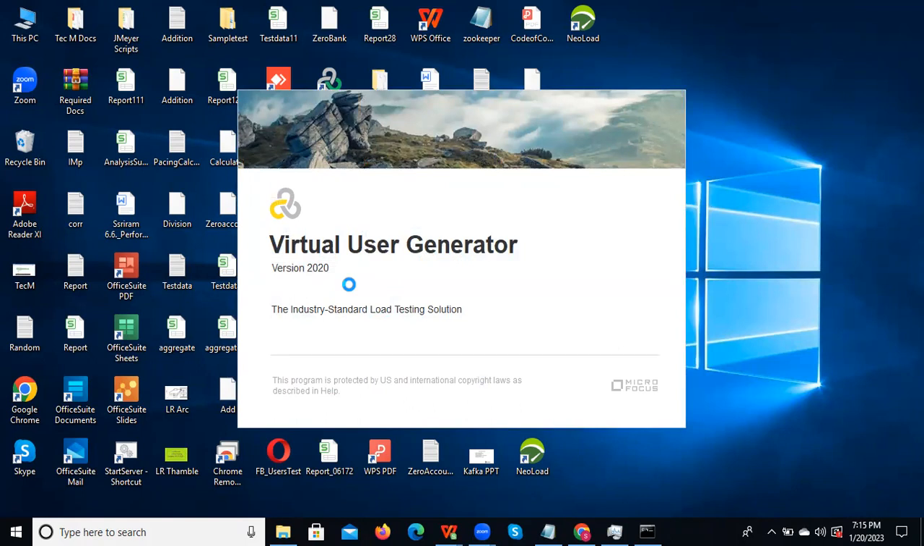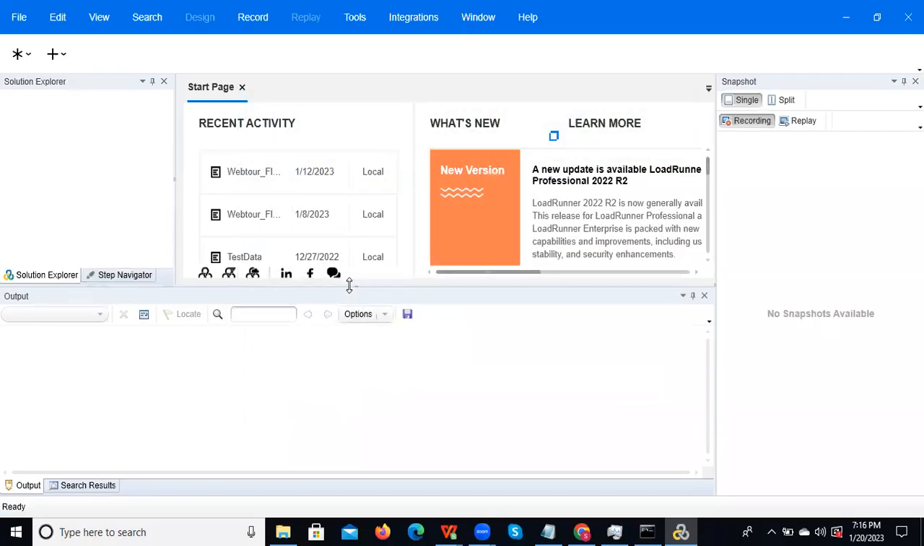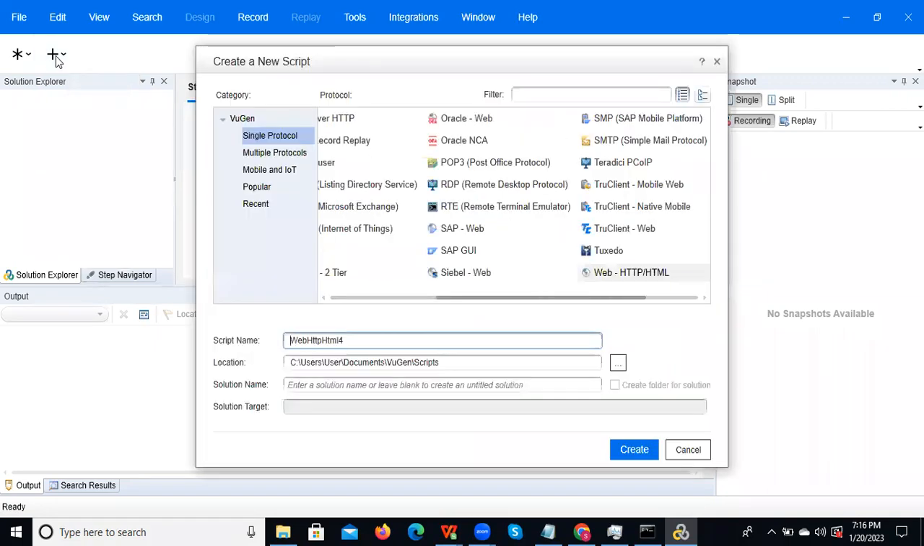The Virtual User Generator, its purpose is that we can record the script and generate the script statements. Once you open the Virtual User Generator, it will open like this. Now, if you want to create a new script, click on Add a new script. And you can observe, creating a new script means